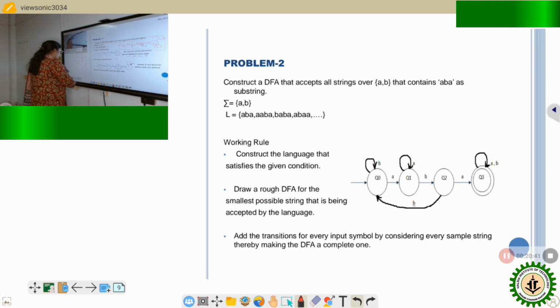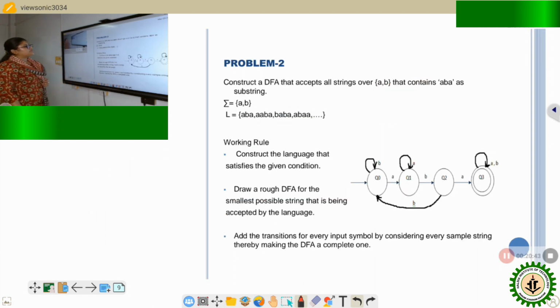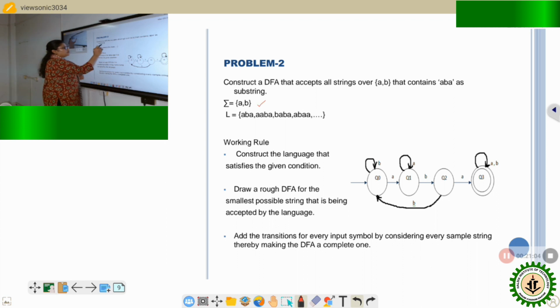Let us just take one more example and then we will be moving on. The next problem says: construct a DFA that accepts all strings over A, B that contain ABA as a substring. So the very first thing, as I said, for a given problem statement, first you write what is the sigma. So the sigma is A, B, only two symbols are used for this problem statement,